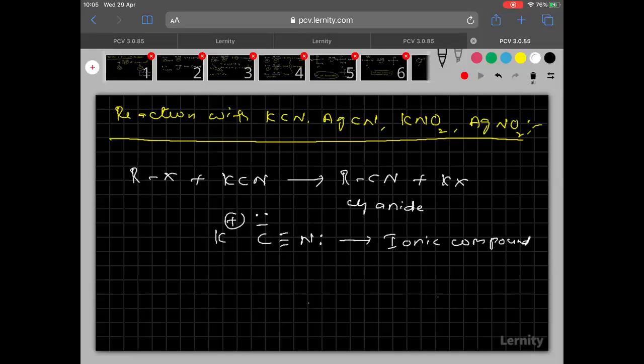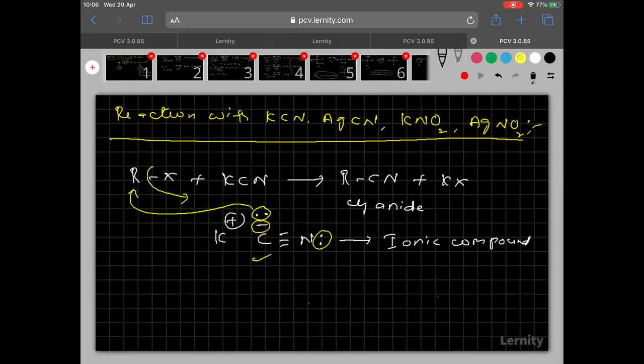Clear? Now, can you tell me out of carbon and nitrogen, which has more electron density? You see here, nitrogen has only one lone pair, but carbon has one lone pair and at the same time one negative charge also. So where is the electron density more? On carbon. Therefore, carbon attacks on the R, then X minus will depart out. Negatively charged carbon attacks on R, then X minus departs.